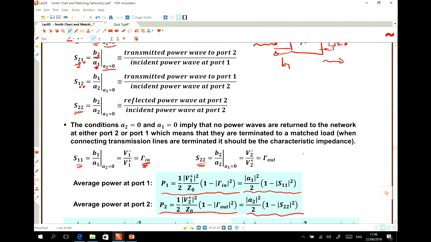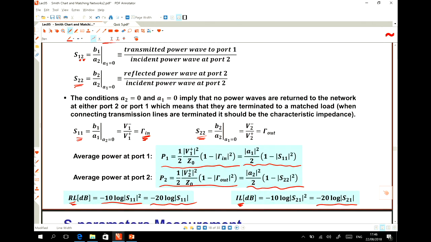So the amount of power that you transmit at port 1, in this two-port network, and you receive at port 1 is coming from this formula. And the amount of power that we are transmitting to the other side is actually the power that we generated minus this one, which comes from the S21. Does it make sense?